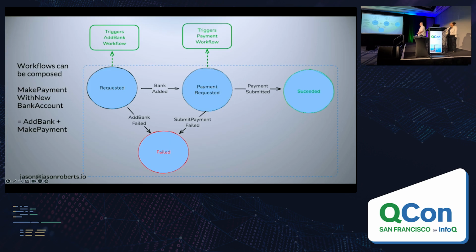A little bit more about workflows and how modeling via workflows can be useful. One of the reasons is that it can be composed. There's an example of a workflow use case on the portal where you can, at the same time, make a payment and add new bank account information to make that payment with. So what you can do is write a workflow that composes those two. In its starting state, it triggers the add bank workflow, which can execute and also be developed and tested independently. And then based on the success or failure of that, either fail the whole thing or do the next chunk, which is make the payment, which is the one we already looked at.